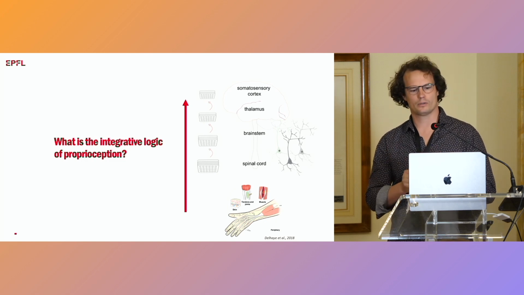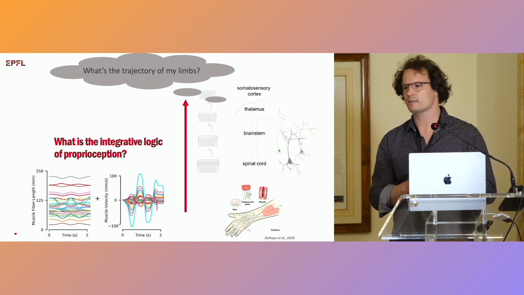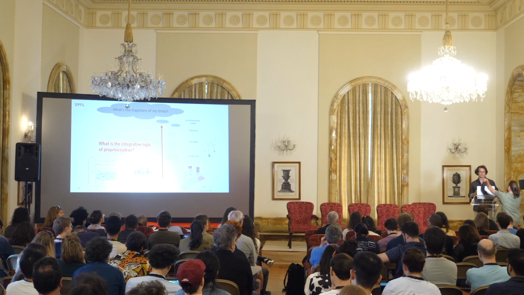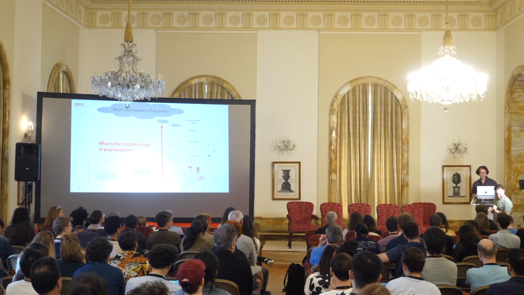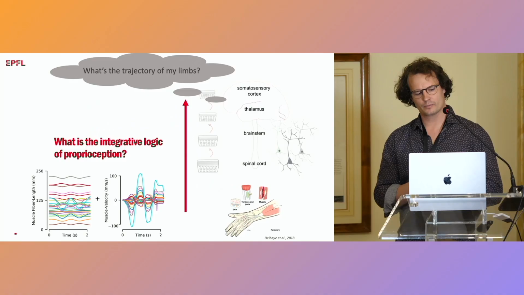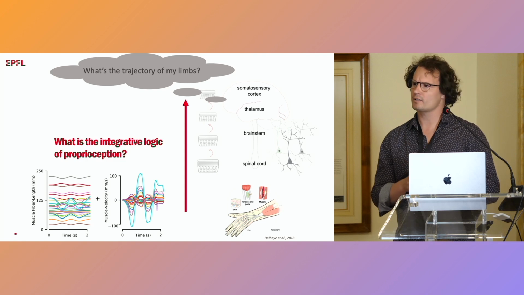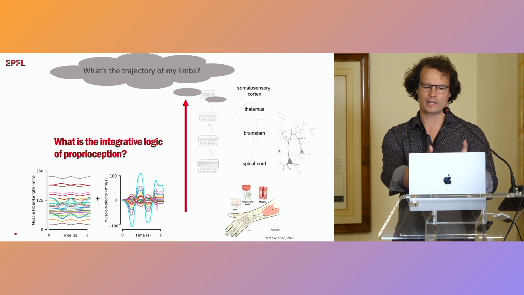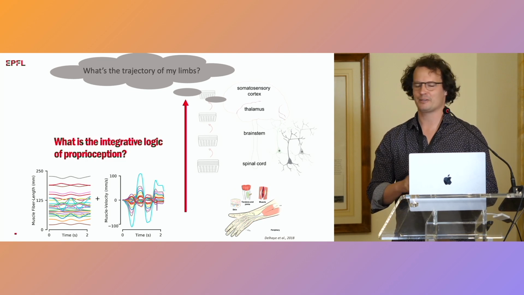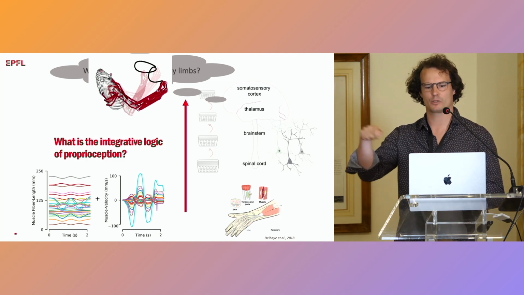And to show you how difficult it is, here would be the activity of 39 muscles in a musculoskeletal system, simulated in a model of a human. Sorry, is that not loud enough? For a human. And what the brain would actually need to figure out from this kind of rather complex input is what the trajectory of my limbs is. Can anyone tell me from this input what the limb is doing? I think for your brain it's of course very trivial to do this, but what is actually happening is this arm would be writing an A.